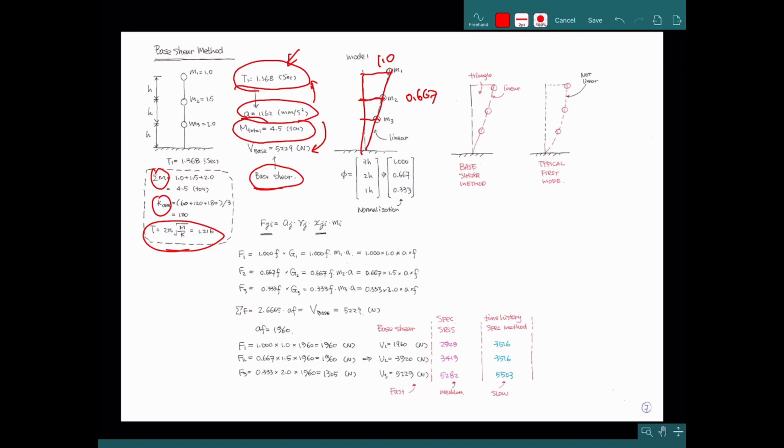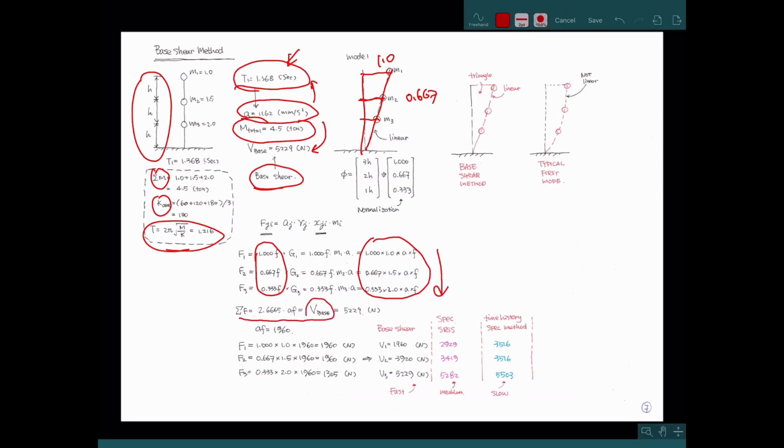If the story height is different, the value will change, but it is related to the story height only. Note that the external force follows a linear shape related to the story height. Then we compute the equation related to A and F, and then we add up the three story external forces, and we will get the